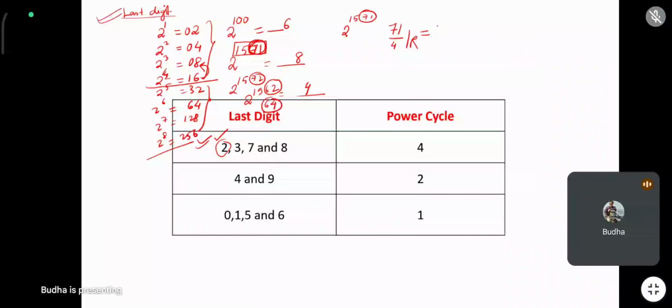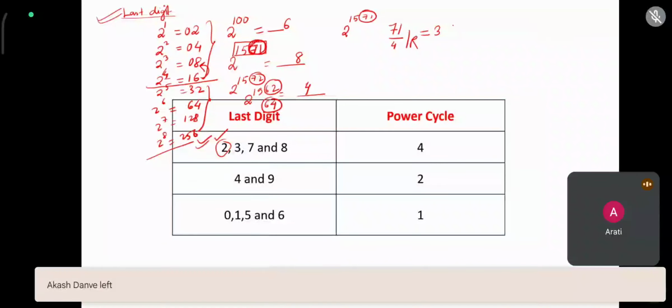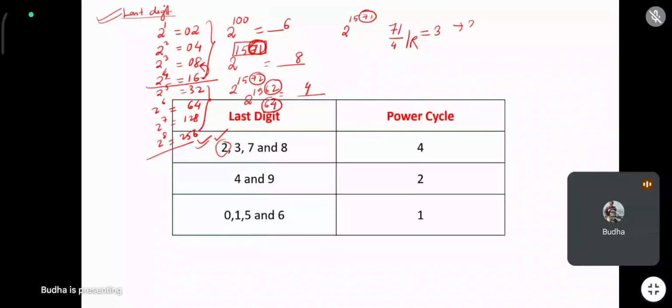The remainder is? Remainder क्या आएगा? 71, नहीं रिमाइंडर चाहिए. 3 सर. 3 सर, 3 परफेक्ट. हाँ, तो आपका आंसर आएगा 2 cube. जो भी रिमाइंडर आएगा वो 2 के पावर में आ जाएगा. Answer is